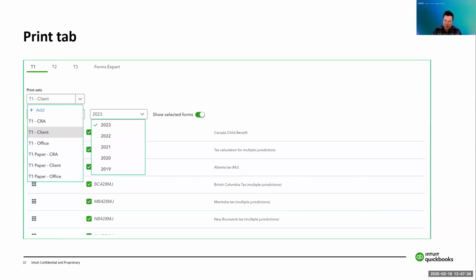The print tab, this is where you can create different print sets for your clients, for example. So, printing out their tax returns. This is where you can do that. And then you can also have those tax returns printed out within the print set and have a password attached to them. Because what this does is that these print sets basically create a PDF file for your clients.